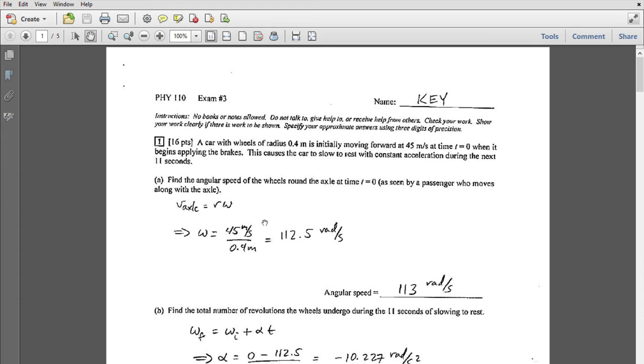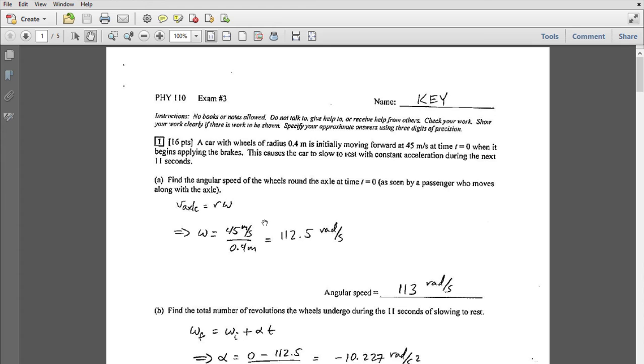A car with wheels of radius 0.4 meters is initially moving at 45 meters per second when it begins applying the brakes. This causes the car to slow to rest with constant acceleration during the next 11 seconds. Find the angular speed of the wheels around the axle, at time t equals 0, as seen by a passenger moving along with the axle. So in this case,